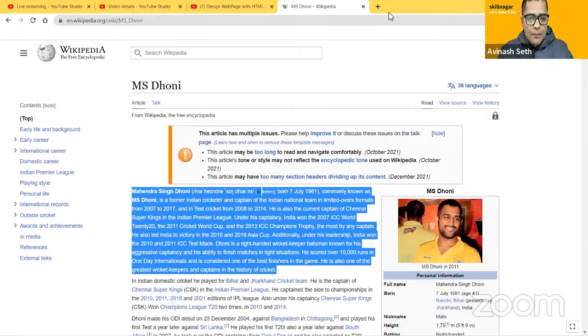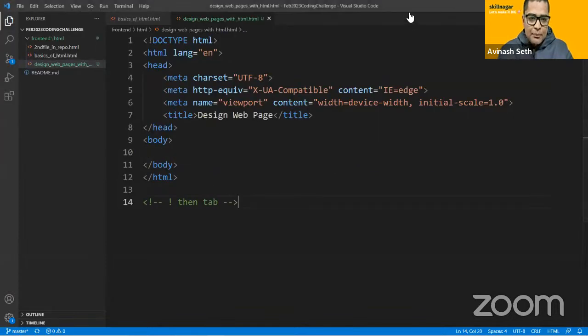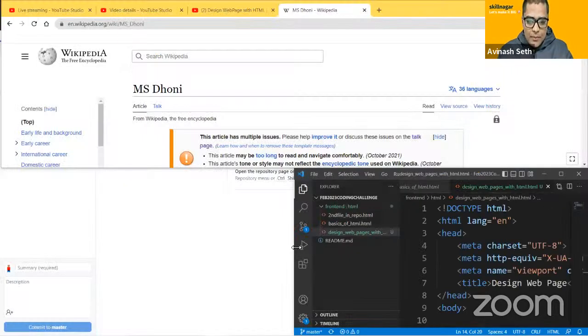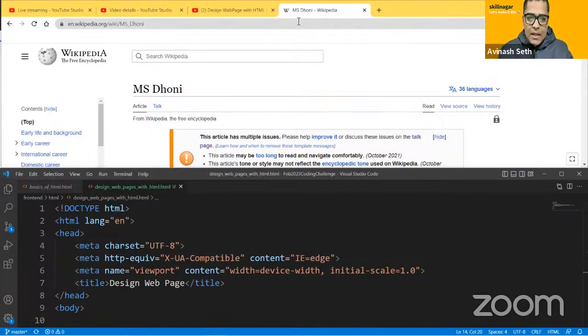So what I'm going to do now is put this page in the top section, and I will put my source code in the bottom half so that we can actually see what is happening. And now I will move my Zoom screen a bit. Now we are going to try to replicate this page. Obviously, this is not going to look like what Wikipedia has designed, because Wikipedia is also using CSS, which we are not using right now, but we will try our best to replicate this.